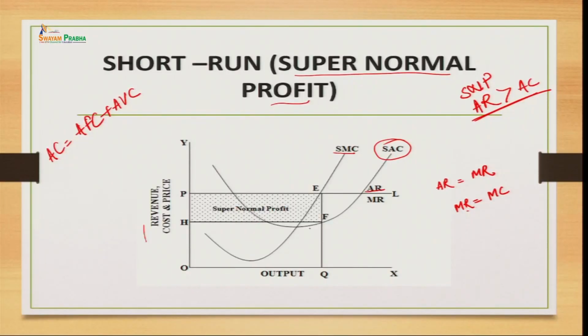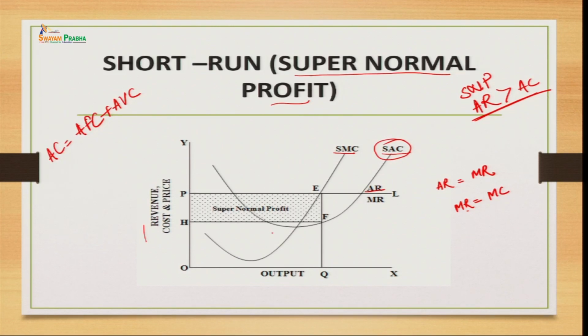Because initially there is a more decrease in the average fixed cost, and later on it decreases with a diminishing rate, whereas the average variable cost of a product is again U shaped. Initially it reduces and thereafter it starts increasing, and because of which the average cost curve is of U shape, right. So, here you can see that we have this average cost curve, the short run average cost curve.